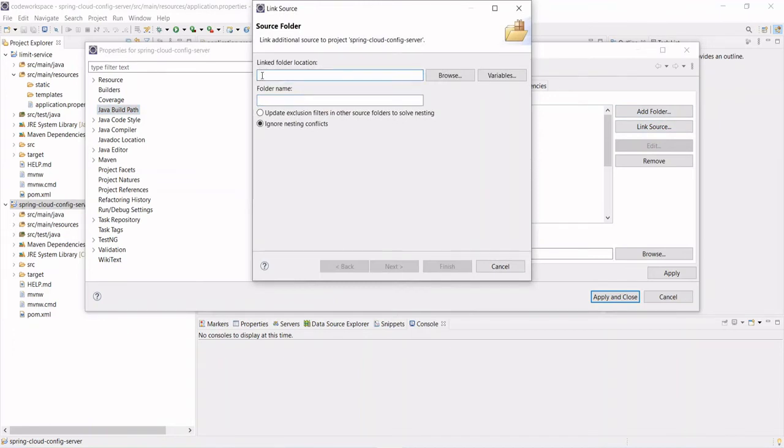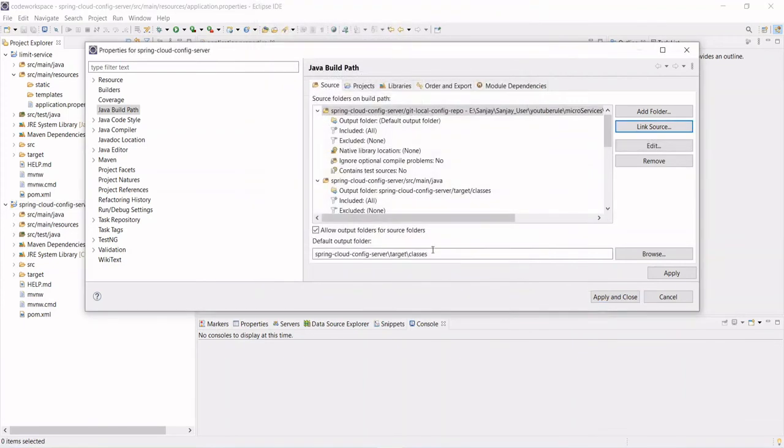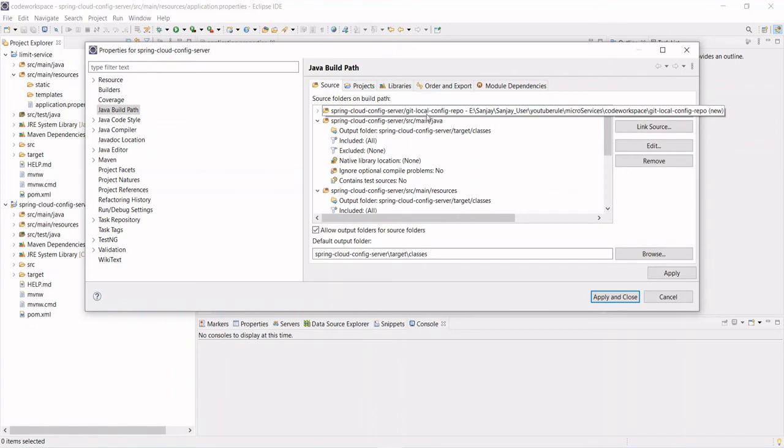Give the complete path name, copy the last folder name, git-local-config-repo, put it here in the folder name, and finish. Once you finish that, you will see that Spring Cloud config server has the git-local-config-repo with this path.